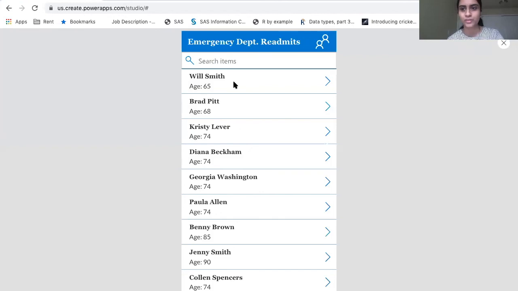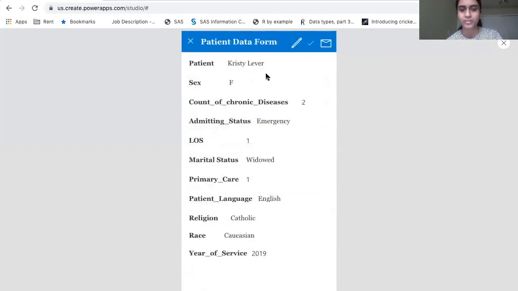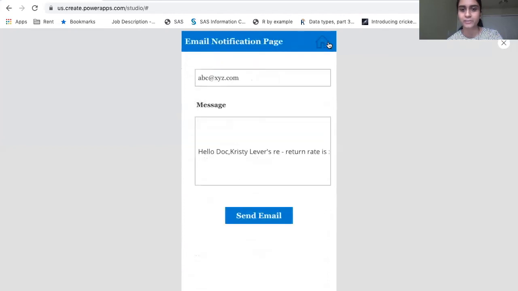Now here on the first look at the application, we have a list of all our patients. The patient names here are masked and given a certain dummy name. To know more about each patient, we can navigate to the next page where we have detailed information of each patient. Now, if a clinical staff wants to notify the primary care doctor of a particular patient about the factors that are contributing to the readmission of the patient, it can be done by an email notification feature that we have, and a message can be sent to the doctor in advance, and the care can be provided to that